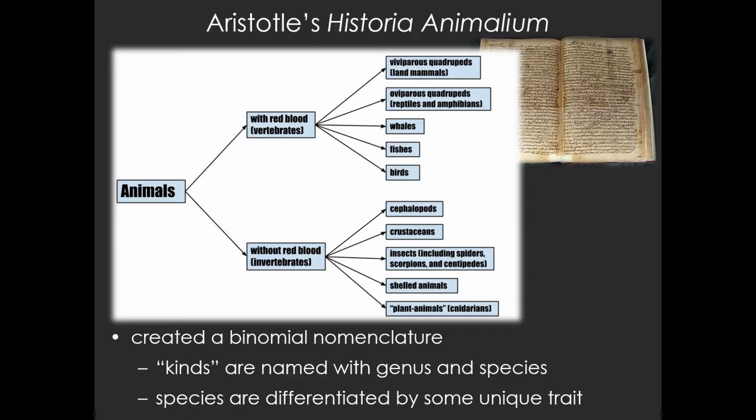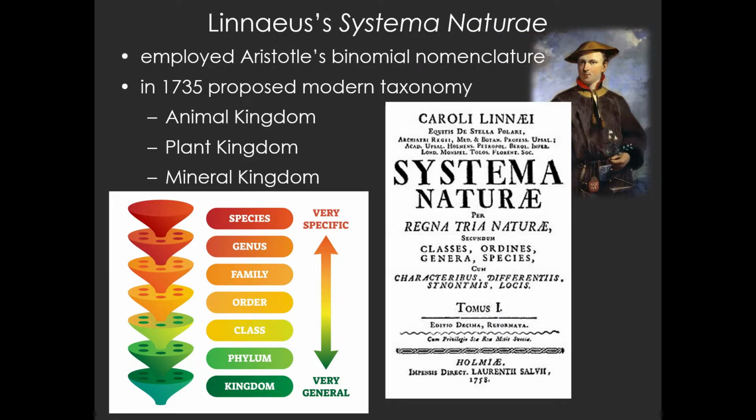So though he didn't create the taxonomic scheme that we're familiar with today, he did come up with this idea of a binomial nomenclature, a two-name naming system, which we talked about in the first lecture, which has a genus name and a species name. And that idea was going to be picked back up on, but not actually for a very long time. In fact, it took until the 1700s for that idea of binomial nomenclature to really catch traction and be used